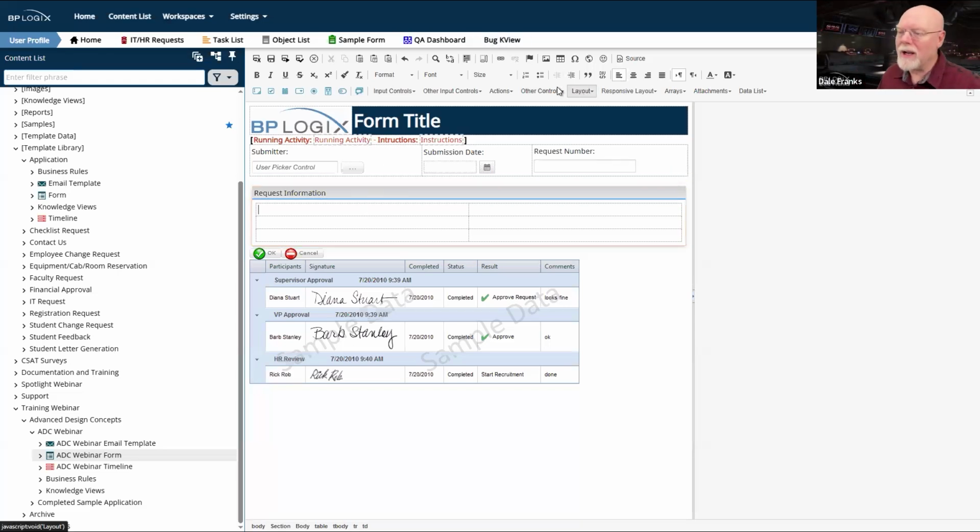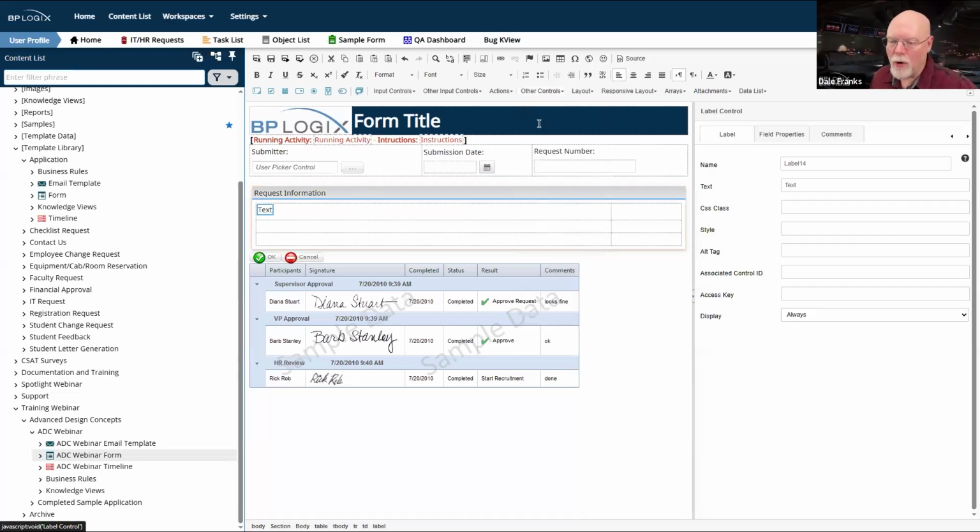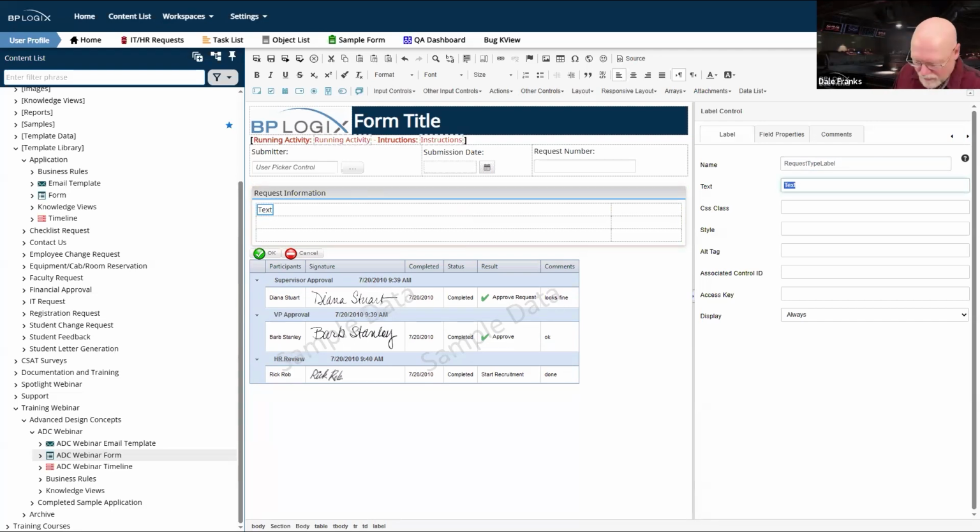So the first thing we're going to need is a label control, and we're just going to call it request type label to give it a logical name. And then we're going to give it the text that we want to display, request type, and I always like having a little colon there.